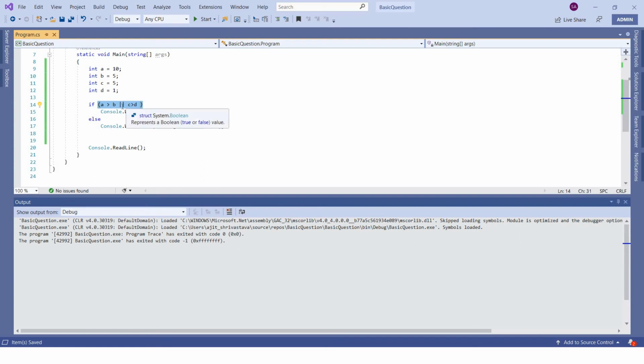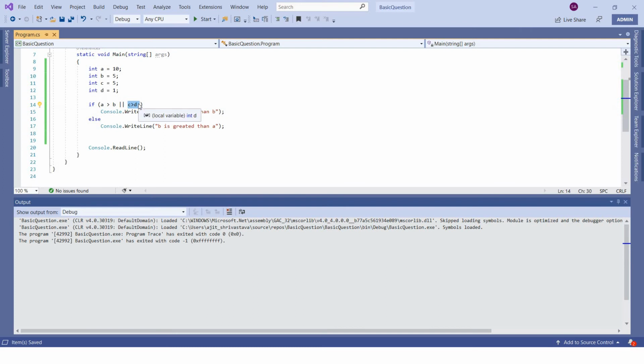And to satisfy the OR condition, if any of these is true, it will execute this statement. So if it is evaluating to true, then it will simply execute this line. But let's say if this is evaluating to false, then unlike the AND operator, it will try to evaluate this.